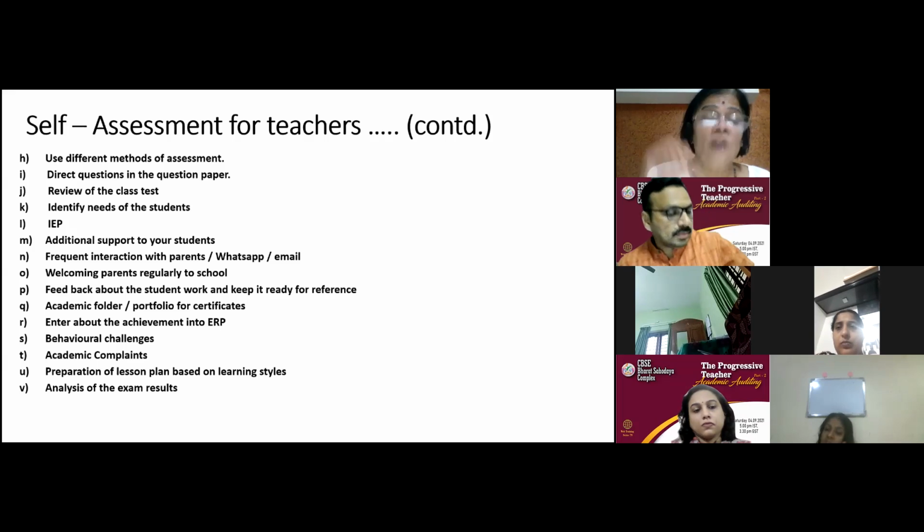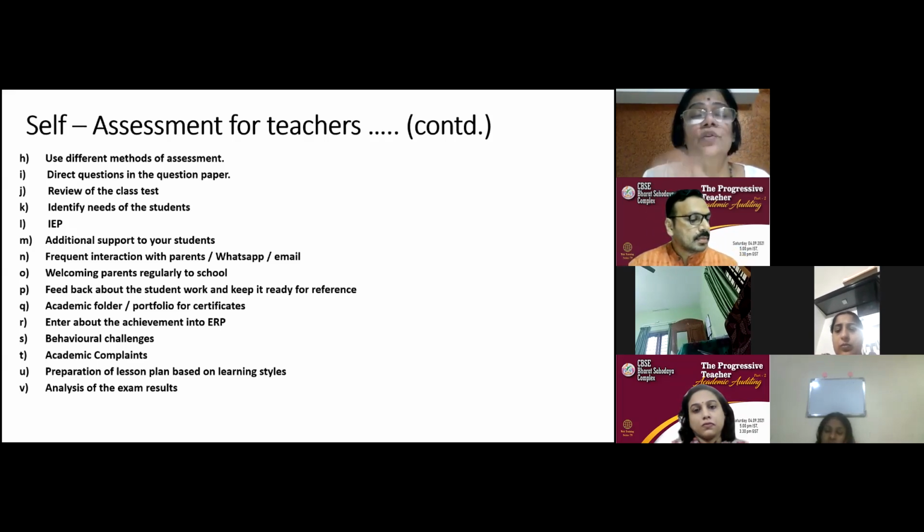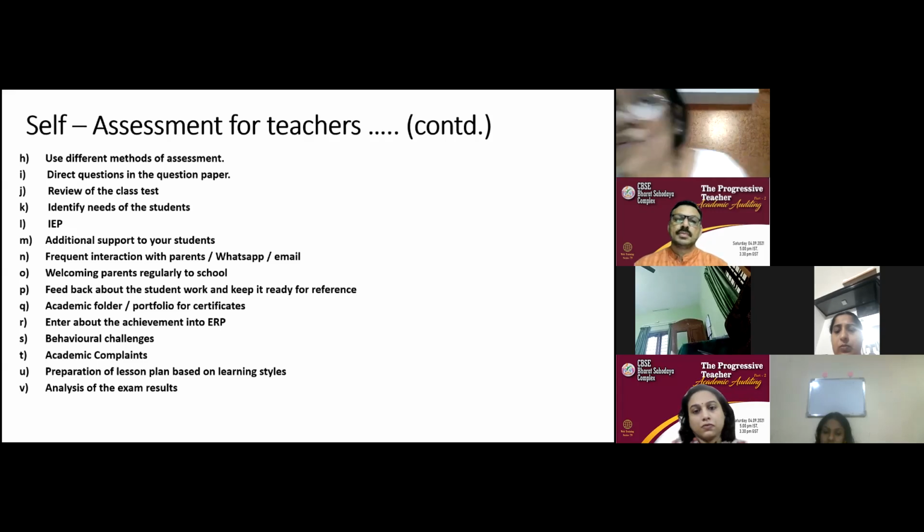Now, not only your folder, not only the students' folder, my request to you is to keep your portfolio also in the same manner. I make it a point to ensure that I attend 2 trainings per year. Okay, 2 trainings per year, and these are long trainings, not the short ones. So as a means of professional development, how do you grow year by year? This portfolio will reveal that for you.